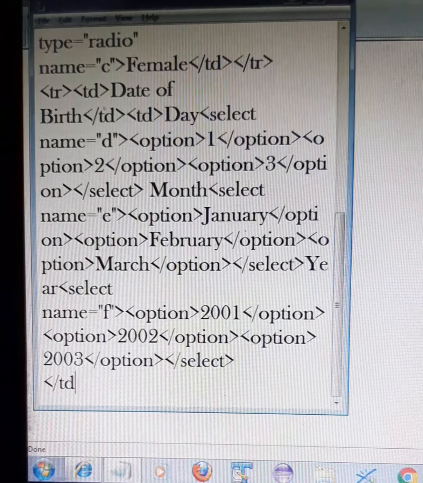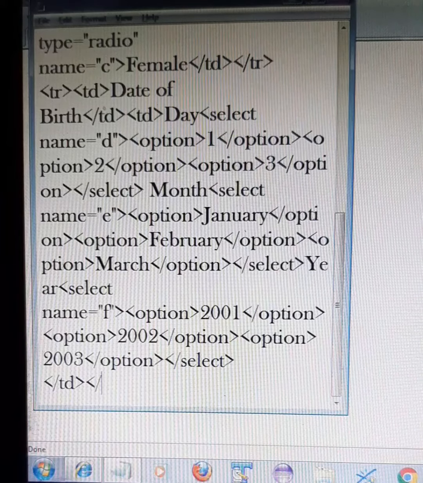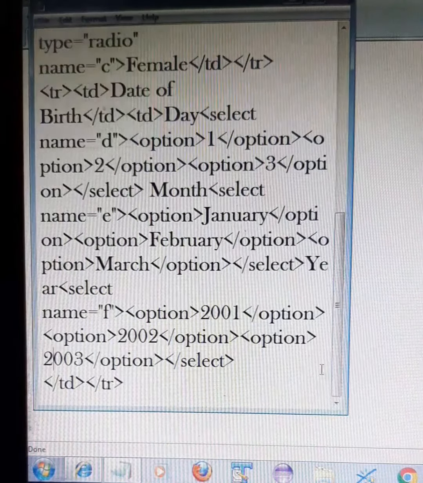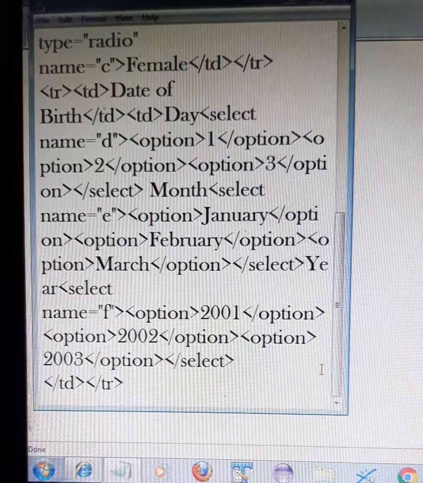Then close your TD and then TR. So this is the day of birth. This is the day in which I have got 3 options, 1, 2, 3, then January, February, March, then 2001, 2002, 2003.